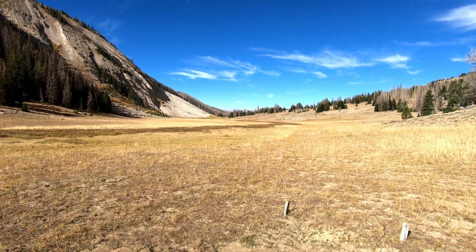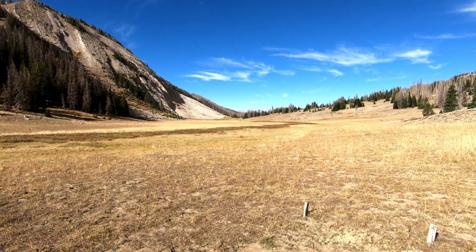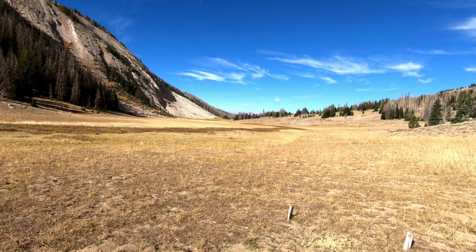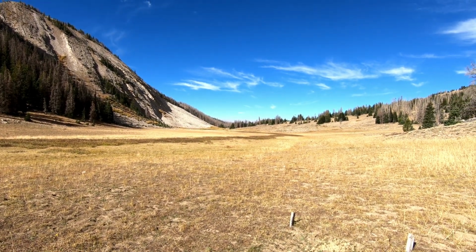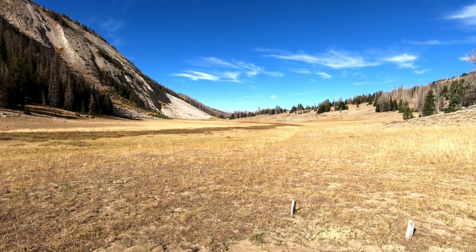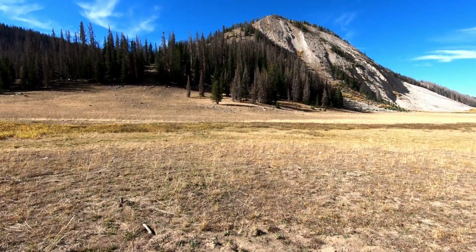There's this meadow here, which I think normally, or at least earlier in the year, would have water in it. You can see the water track through there where the bushes are. I went and investigated several of those, even where there was green growth, and they're dried up. So there's not much water there. And I'm down here looking at the end of this meadow,